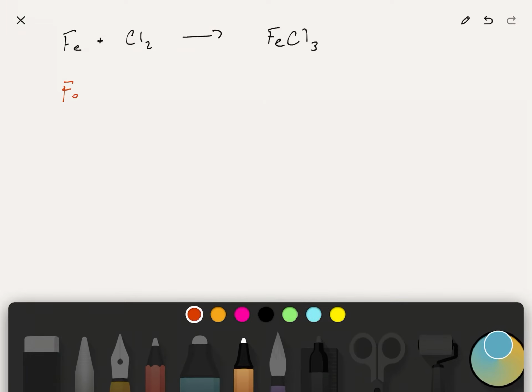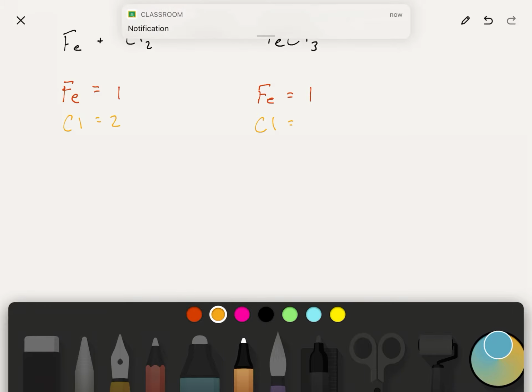what elements I have on each side. And then I write down the number of each. So on the left hand side, I've got 1 iron. And on the right hand side, I have 1 iron. And on the left hand side, I have 2 chlorine. And I have 3 chlorine on the right hand side. So my iron's already balanced. So I need to balance my